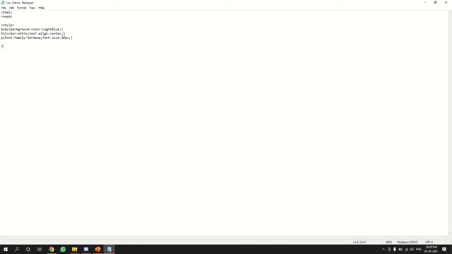And now we are going to close the style tag and the head tag also. Now we'll start with the body tag. Now you remember that the body tag is used to present whatever you want to write on the screen. So here we are going to write our heading, that is my first CSS example, and closing of the heading tag, then paragraph. So we'll write this is a paragraph,